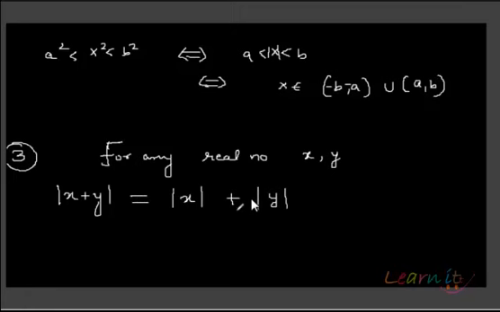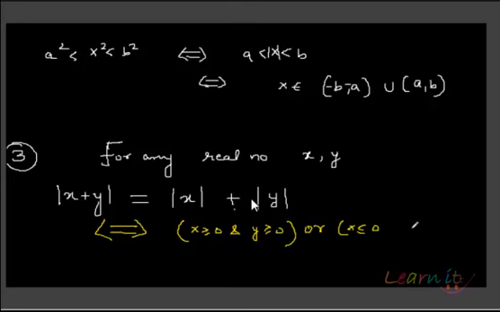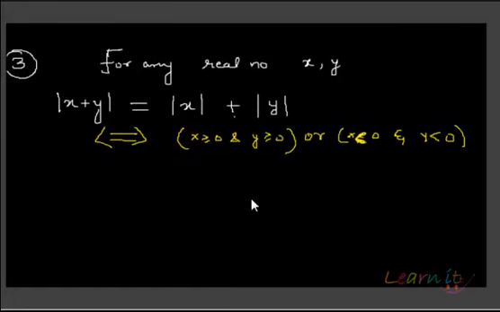Okay. And this thing will happen if and only if two conditions happen. Now, what are these two conditions? This, of course, will have to do with x and y being positive and then negative. In case both x and y are greater than or equal to 0, then this will happen, or else x is strictly less than 0 and y is strictly less than 0. It can happen in that situation. In no situation in between can this thing happen.